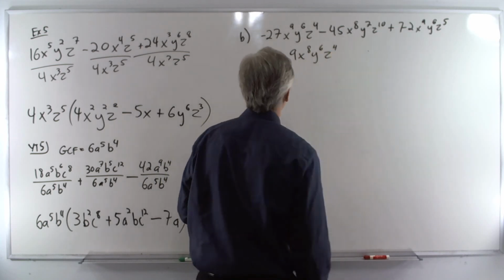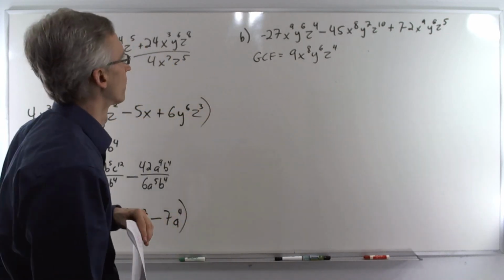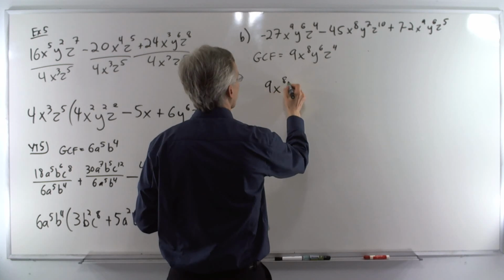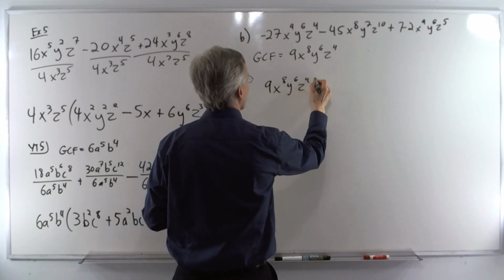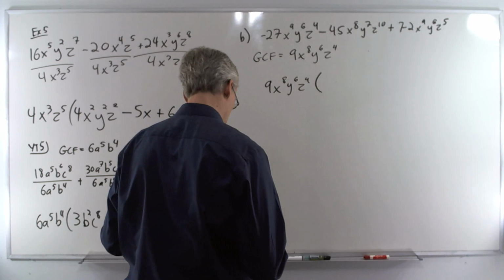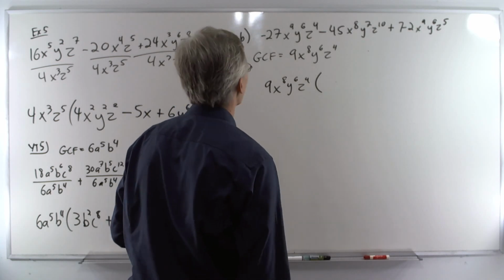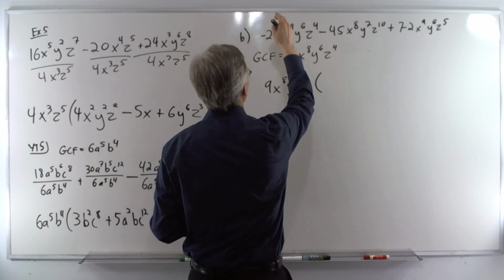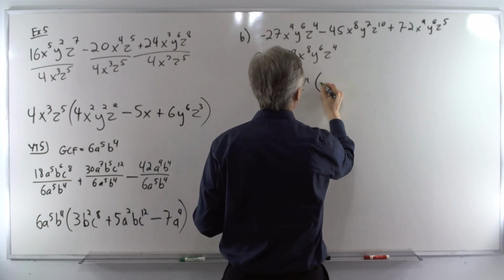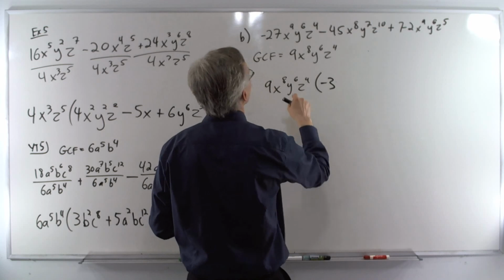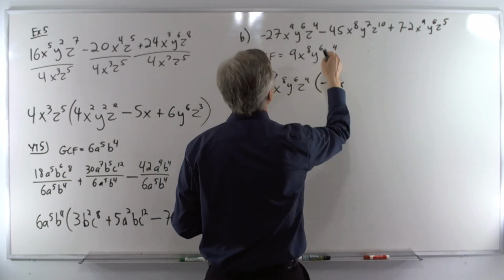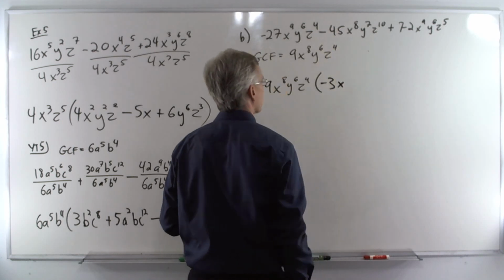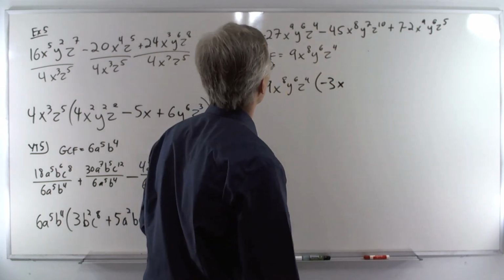All right, GCF is 9 x to the 8th y to the 6th z to the 4th. Now we're going to divide each of these terms by the GCF. Negative 27 divided by 9 is negative 3. We have an x left over. Y to the 6th cancels, z to the 4th over z to the 4th, those cancel as well. So negative 3x. All right, middle term,